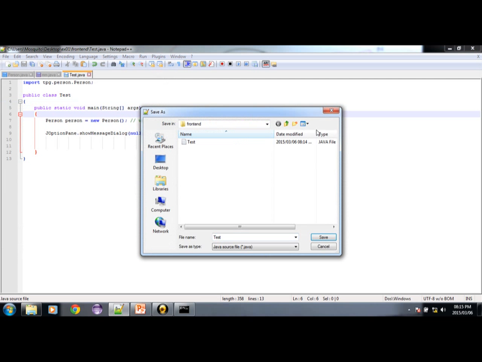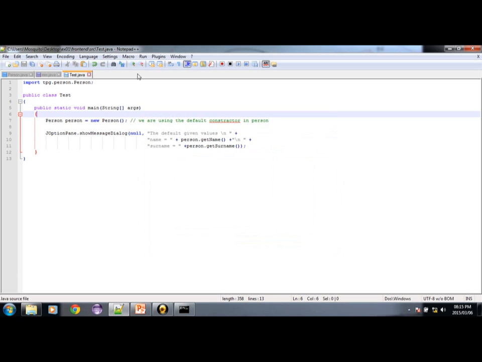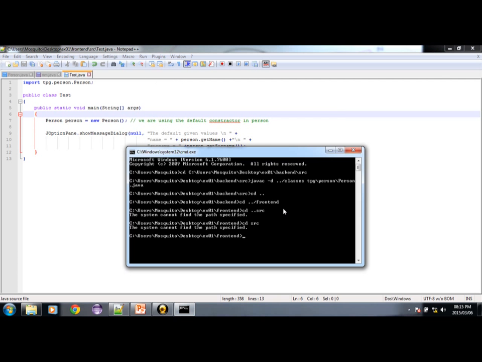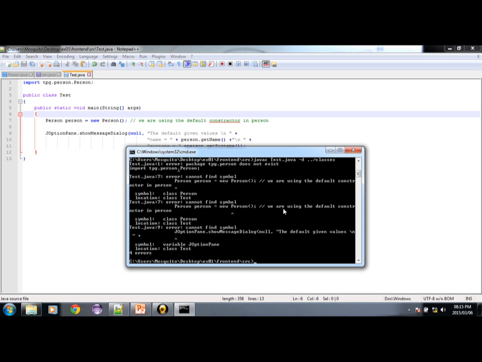Sorry for that. Let's go and create it. Save as new src, and again the classes. Let's have test.java in there. Save. So now we are fine. Let's get back to the command prompt. cd to src, javac test minus d dot to classes. Enter. So now we have some errors: